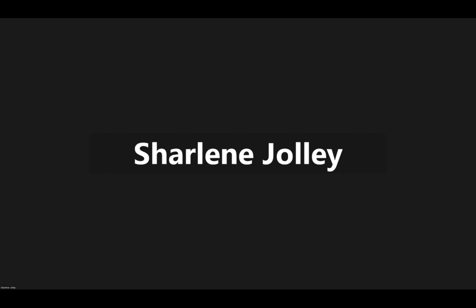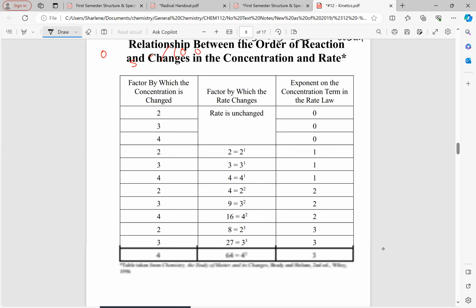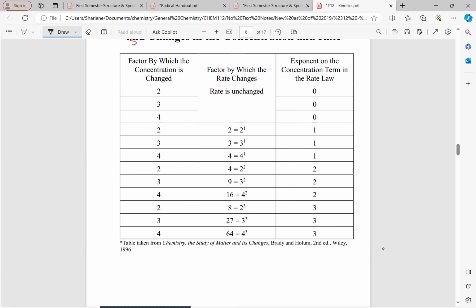And the last thing for this little video is I gave you a wonderful little sheet right here. As we all know, Jolly should not do math in her head, but some of you can do math in your head and you like those relationships. So I got this from various textbooks, kind of put together things, and I want to explain how it works because it's a nice double check. All right, if you double